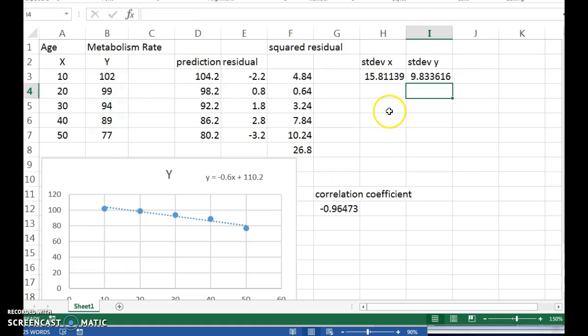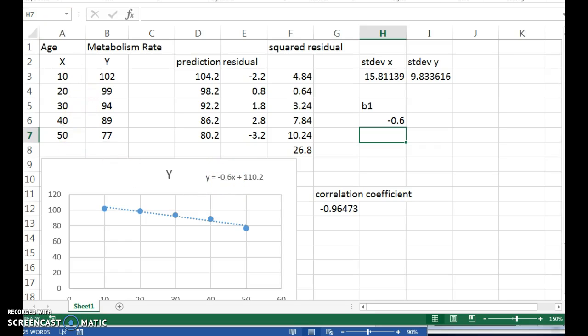And the formula said that for that B1 value, we're going to take the correlation coefficient, which I have calculated down there in G12, times the standard deviation of y, so I3, divided by the standard deviation of x, which is H3. And you see we get negative 0.6, which is what Excel told us was the slope